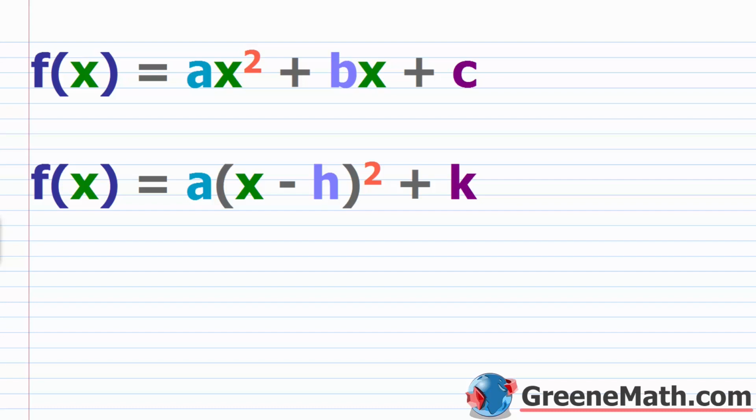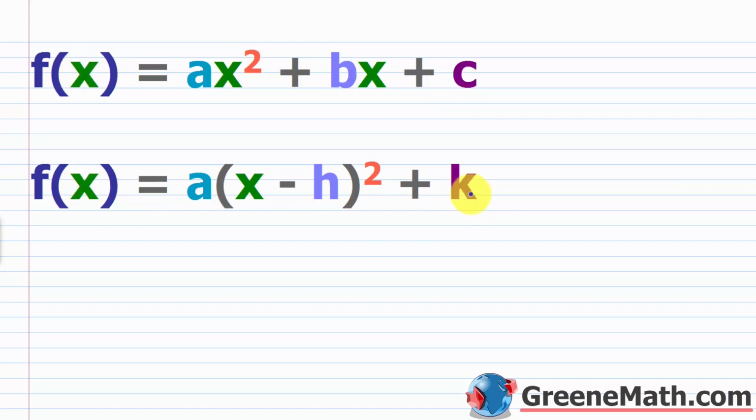For now, we need to know how to convert between this form and this form. So something like f of x equals a times x squared plus bx plus c, where a is the coefficient for x squared, b is the coefficient for x to the first power, and c is your constant term. Now, most textbooks, most people will say this is standard form. This is going to vary based on which textbook you're using. Some textbooks will say this is standard form. So I don't want to confuse you, but I'm going to refer to this as standard form